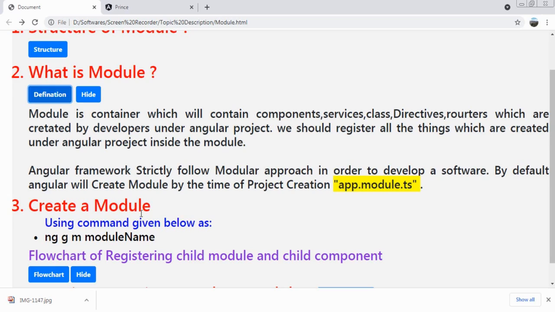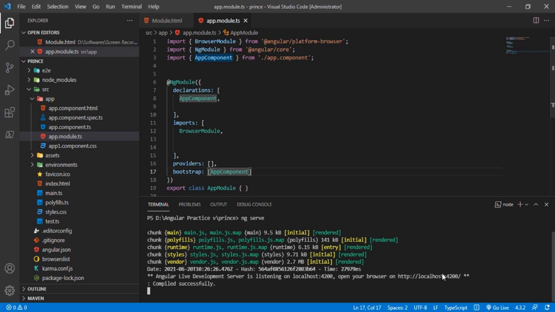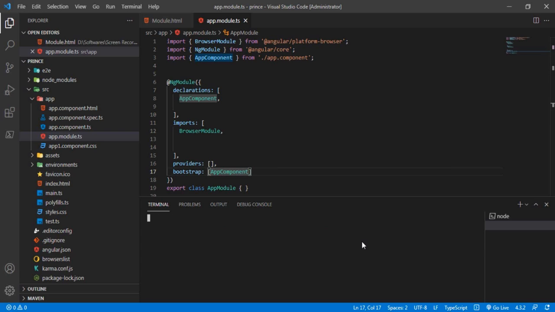Now we will follow step number 3. Create a module using the command given below. As we can create a module or a child module, for that I will open one more terminal, and inside this I will write ng g m. G stands for generate, M stands for module.